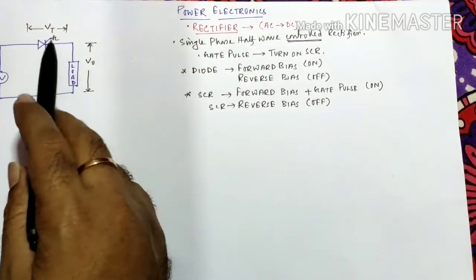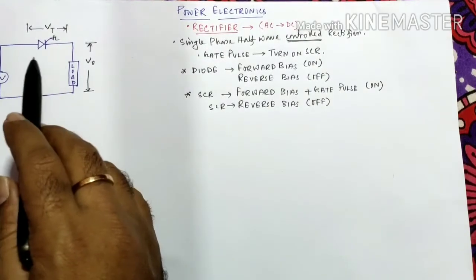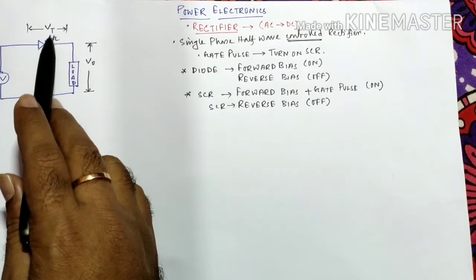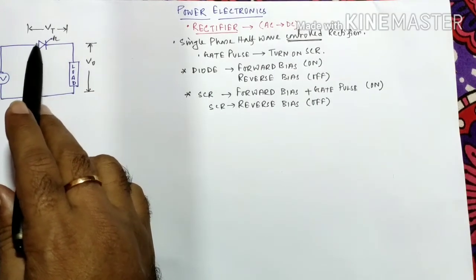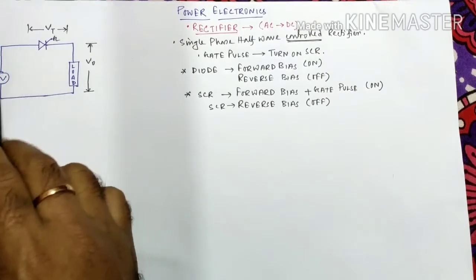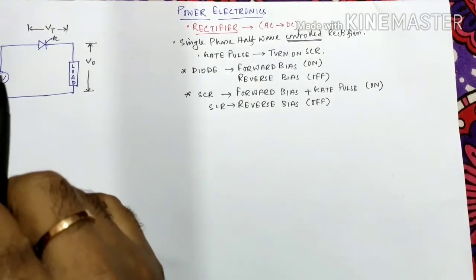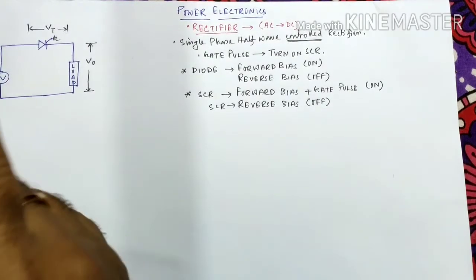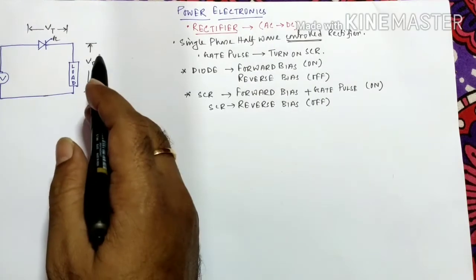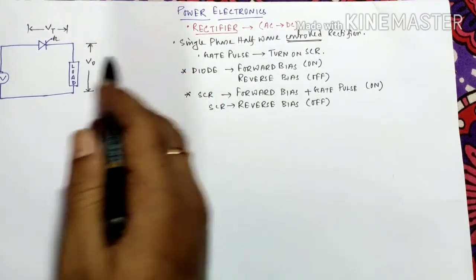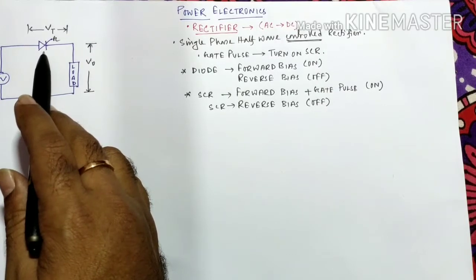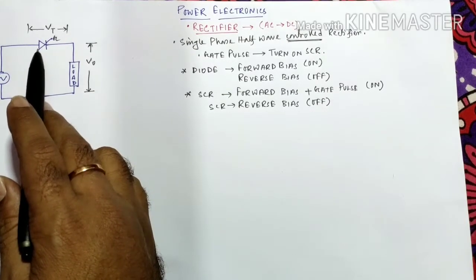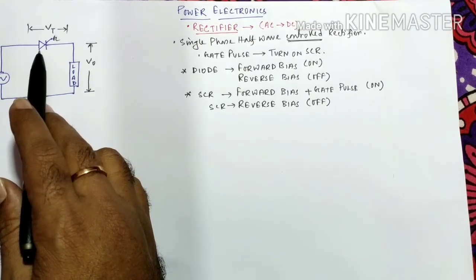So you might be thinking that this particular diagram is known to us because if I remove this terminal, which is called gate terminal, then this symbol looks like a diode, and this circuit becomes a simple single phase half wave rectifier, and that rectifier is called uncontrolled rectifier because we don't have any controllability over the output. Here instead of diode I have used SCR, and we know that SCR is one of the most popular members of the thyristor family.